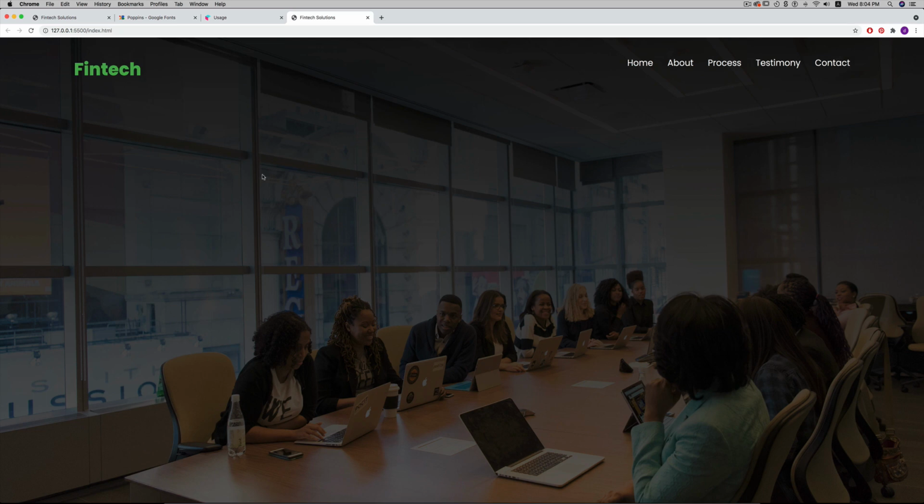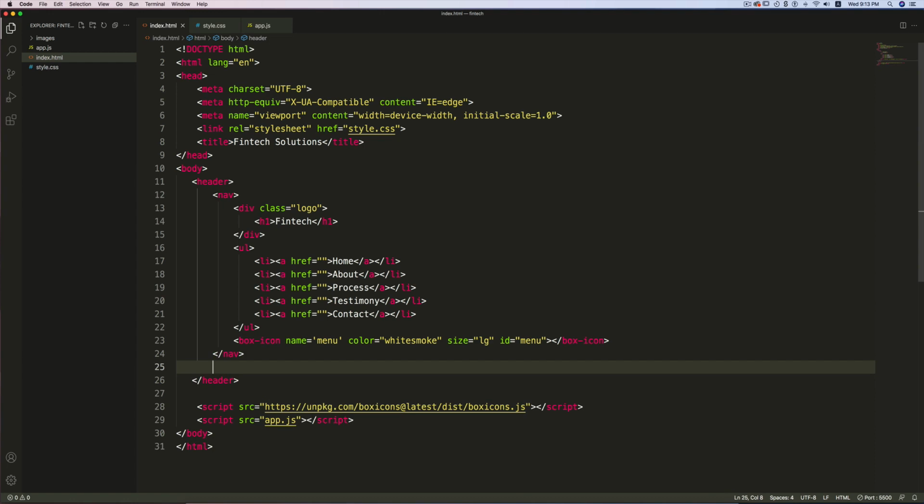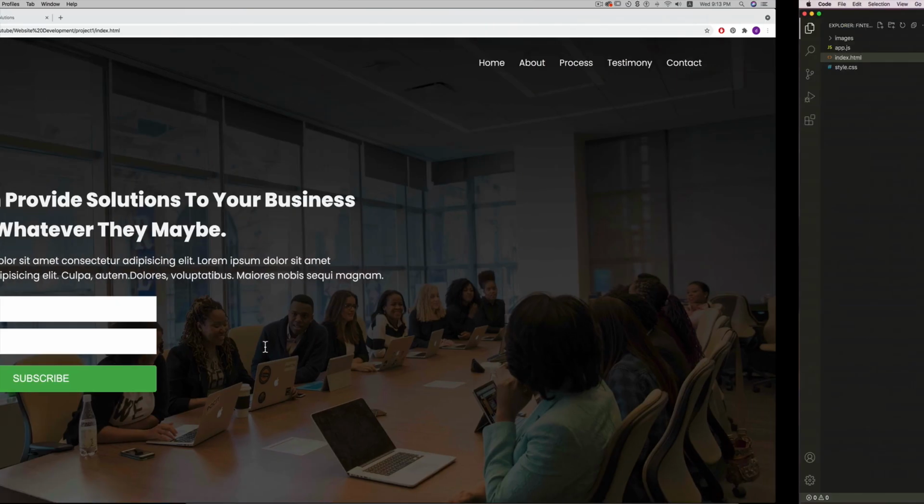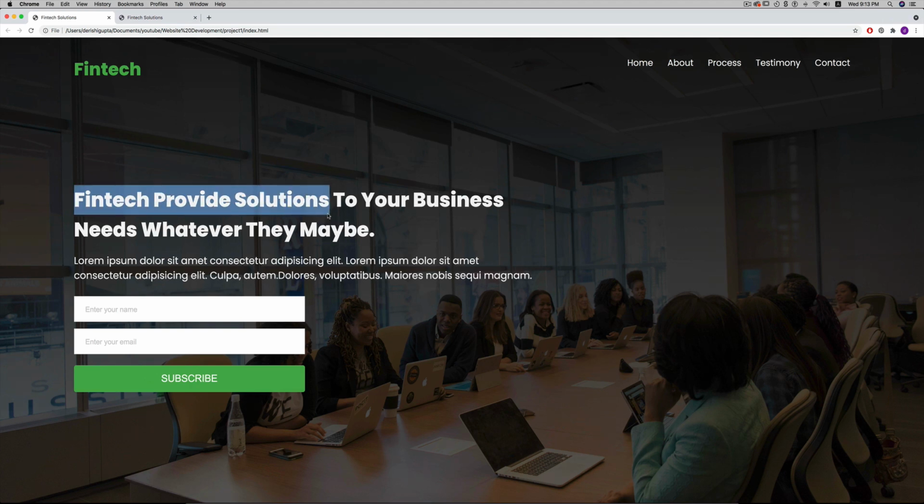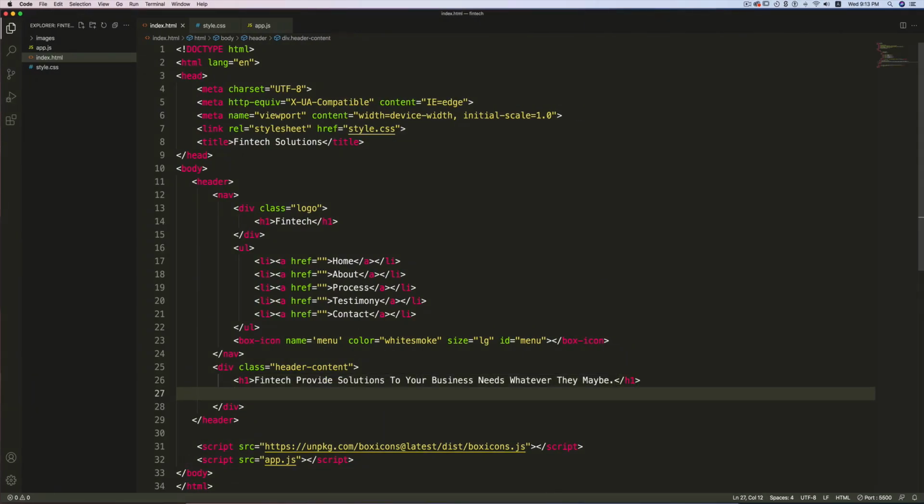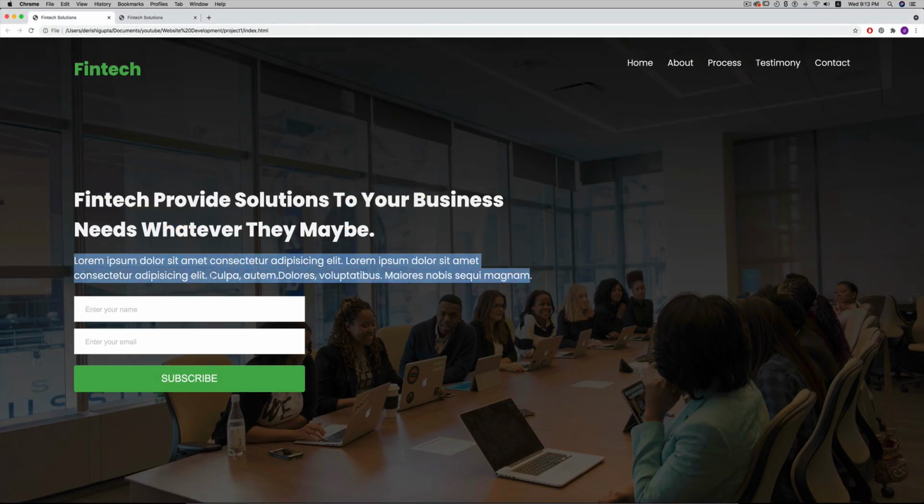So next we are going to write the content for this hero section. So back in the index.html file, here after the nav tag, I'm going to create a div with a class header content. So inside this I'm going to create one h1. So for the text, let's copy this from the completed website. Just copy this, paste it, and again I'm going to create a paragraph, and for the text just copy this,